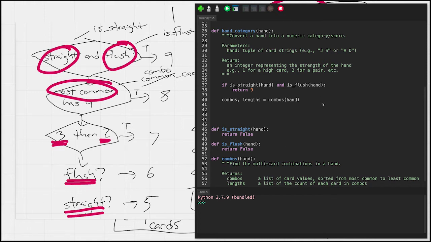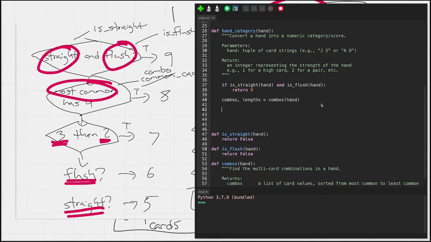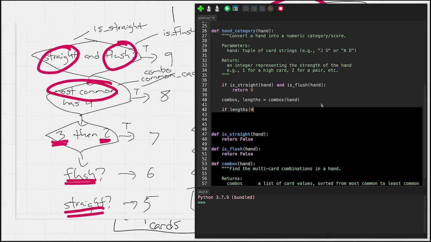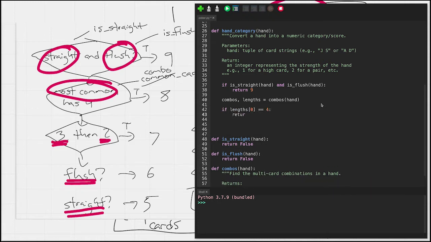So that could be a helpful thing. So now we're going to have the combos and the lengths. All right, so now we know that if we had 4 of a kind, then our lengths would be equal to a list that is 4, 1. So if we want to check if we have 4 of a kind, we can just check if lengths of 0 is equal to 4. Then that must be